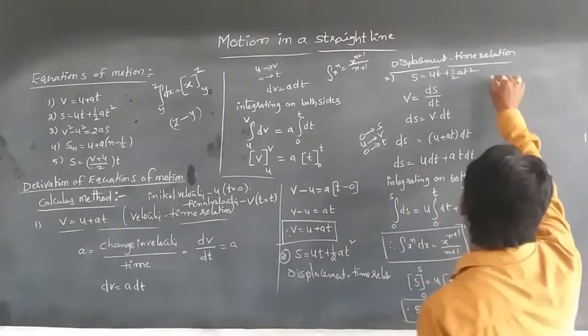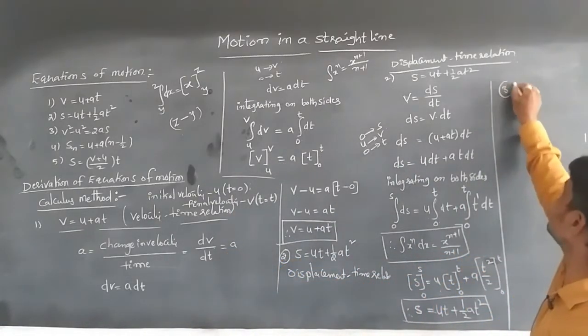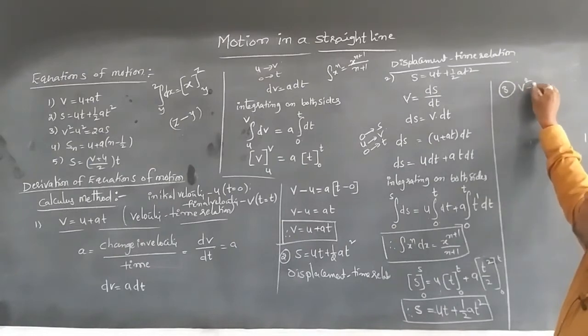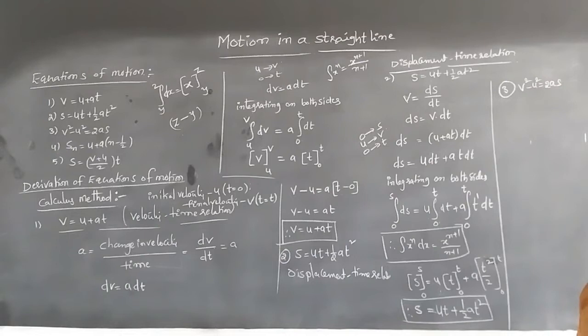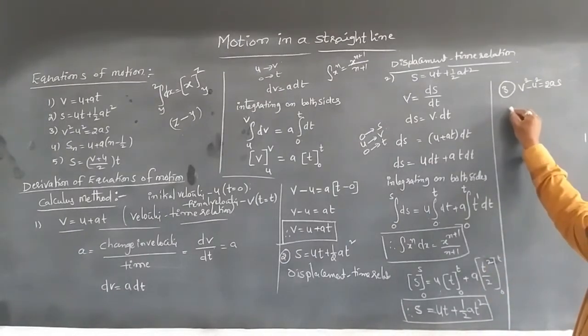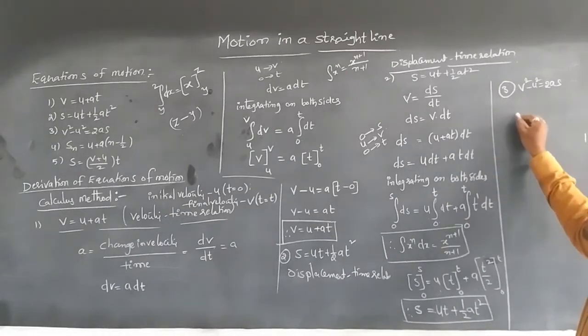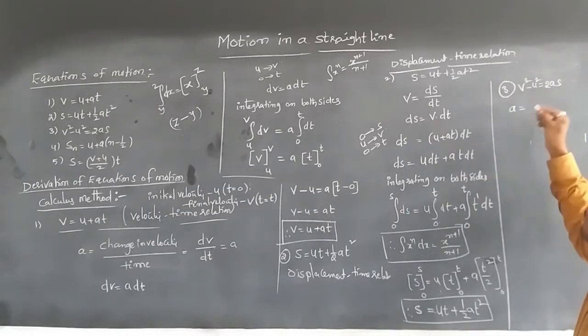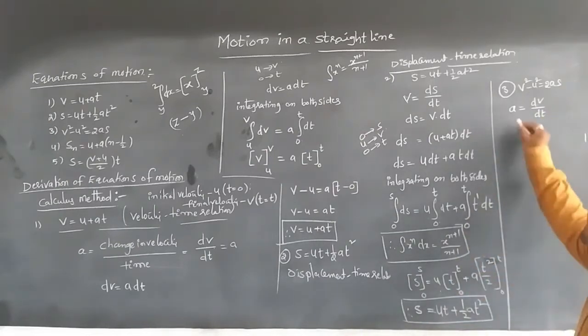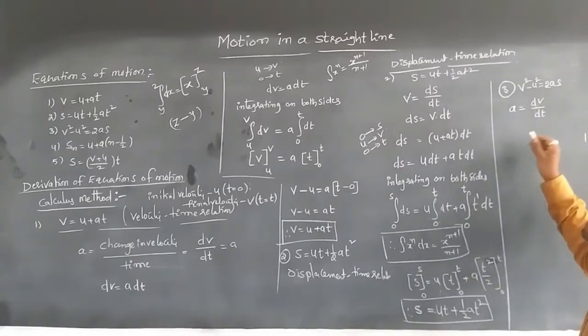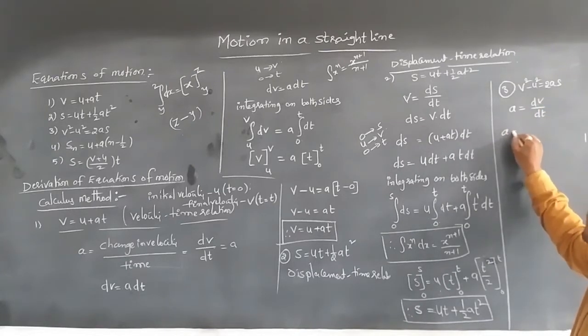The third one is v square minus u square is equal to 2as. So we know the formula of acceleration, a is equal to dv by dt, the rate of change of velocity, that is acceleration. So I am writing that a is equal to